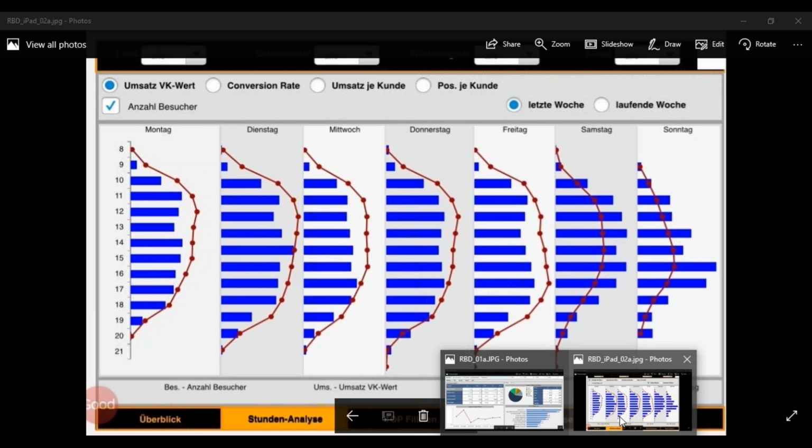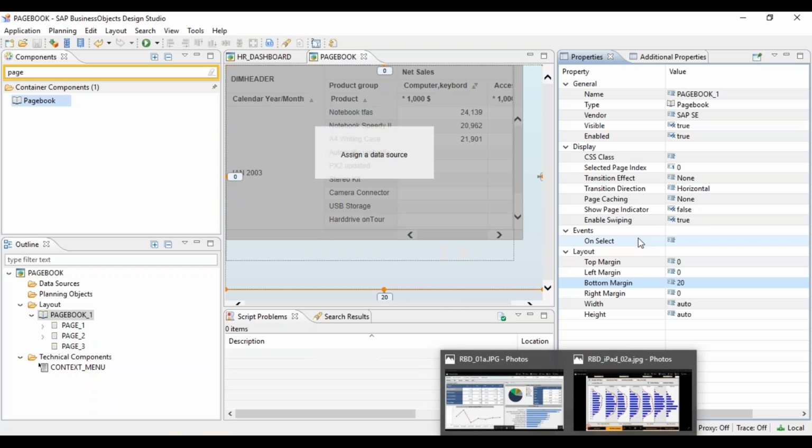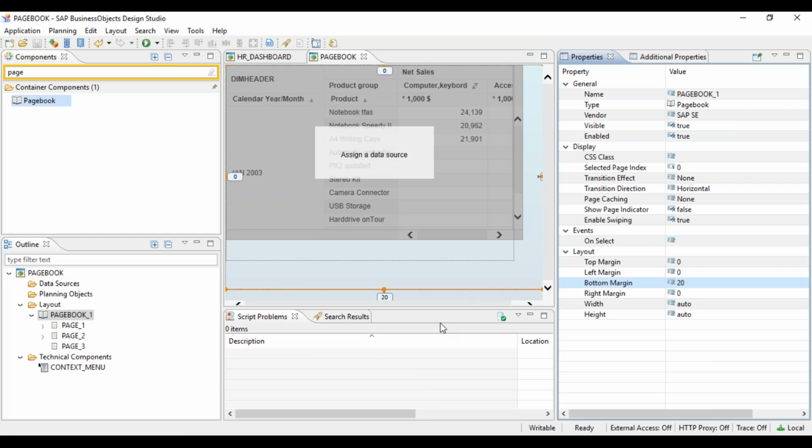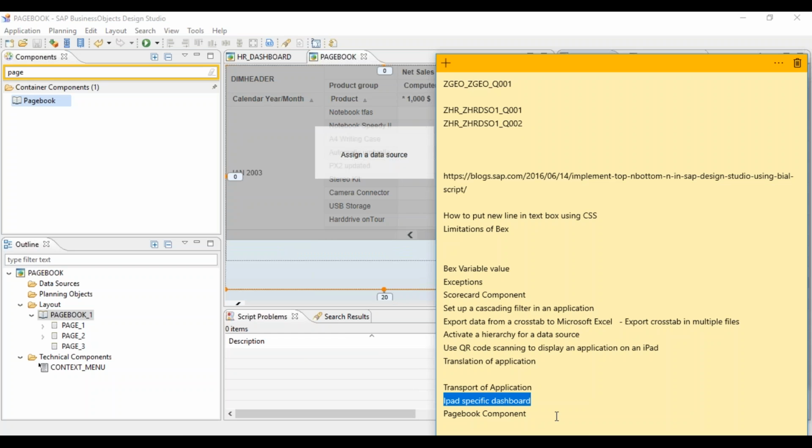You can't waste some space just for a tab strip. You can use a tab strip also there, and they can click on different tabs and go to different pages. That is also okay. But if you remove those tabs, you get more space to develop. Yes, absolutely right. So then this pagebook component is clear.